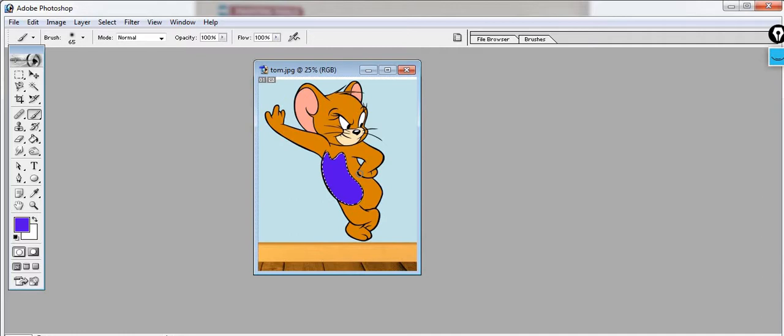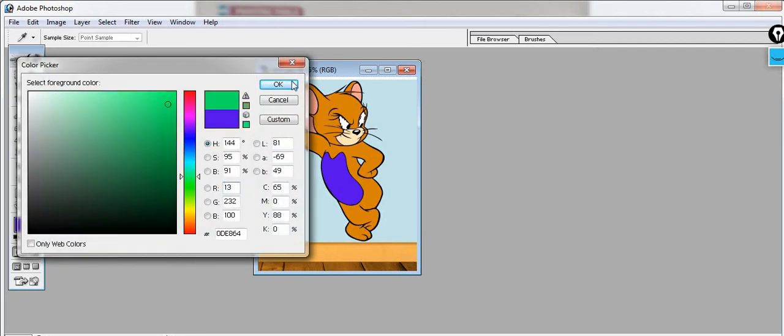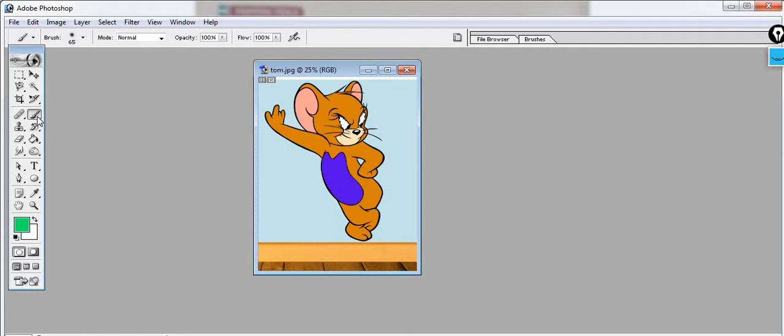We can brush some particular portion after selecting it, and in the same way, using the magic wand tool, let me select the eyes. Both the eyes, I have selected the white portion of the eyes using the shift key. Now I am again taking the foreground color as green. Okay, and now I am taking the brush tool. Now let me color this also. Now this also. Like this we can select any portion and I can paint it using the brush. So this is the use of the brush tool.